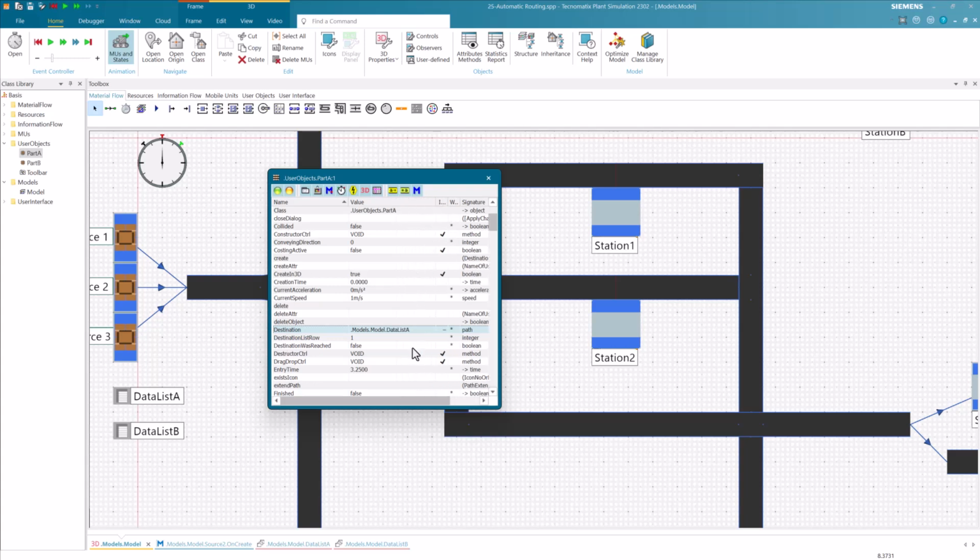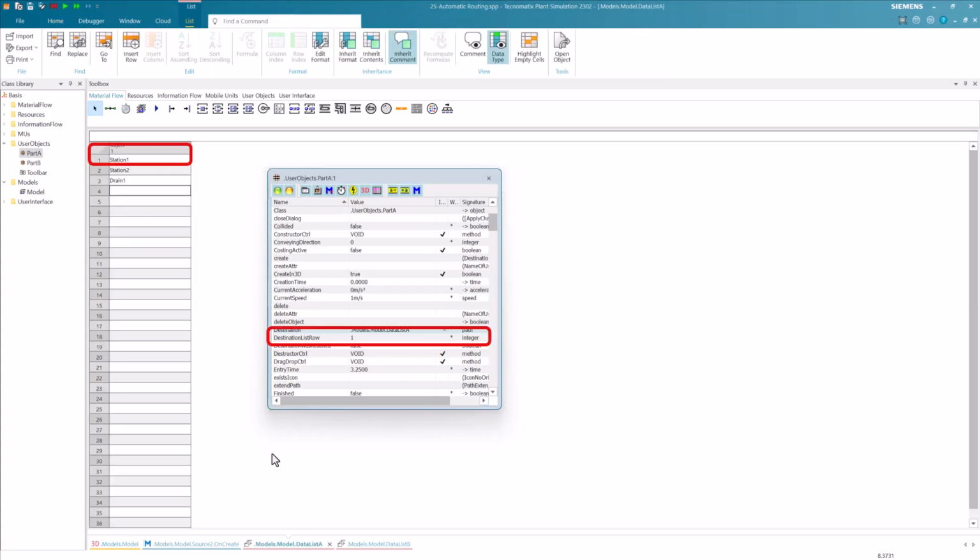Here we will see that it is set to the data list, which does not tell us to which specific destination the part is moving. However, we also have an attribute called Destination List Row, which is used to examine the destination in a data list. So, we can use this index for lookup in the data list, where we will see the current destination.